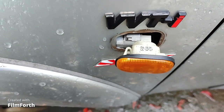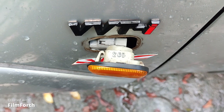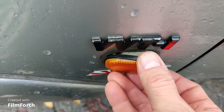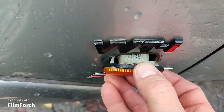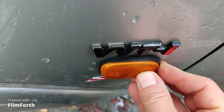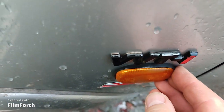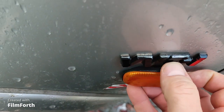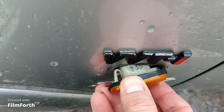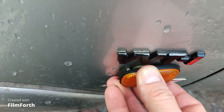Now there are two ways to put this lamp back. First, you can do the same thing backwards. So put the front side, push and leave it. But the best way is to make this way. First you put the teeth to the car,